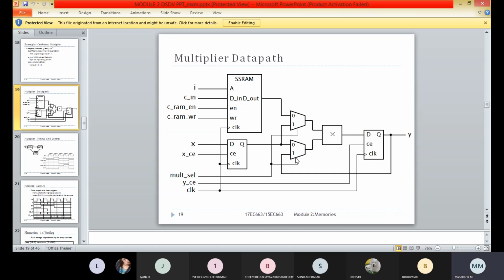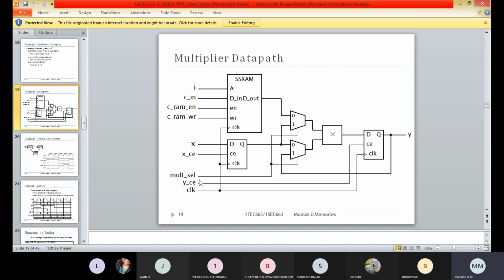Here first, in order to multiply Ci into x, the mul underscore multiple select lines will be made 0. You have to make them 0 when you are going to multiply Ci into x.